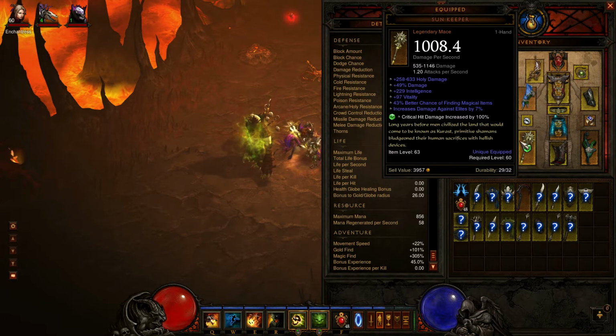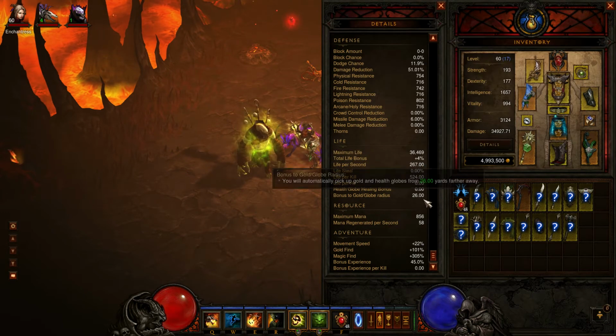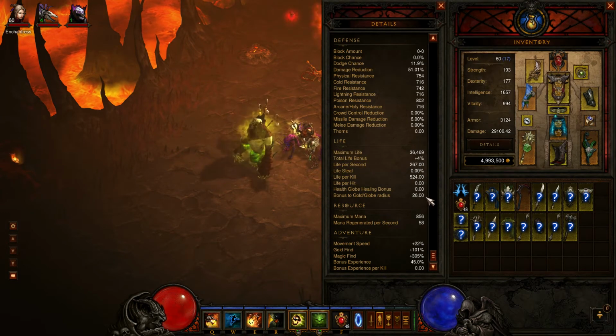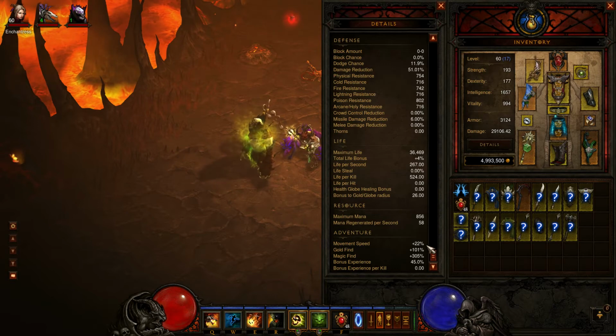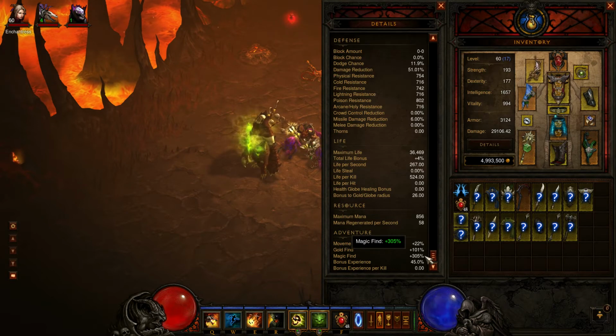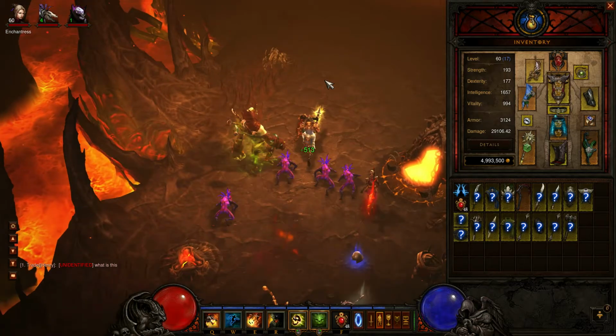I have 30% increased damage to elite monsters and a 4% reduction of damage from elite monsters, as well as 26 pickup radius, and 22% movement speed. On Monster Power 2, I have something like 305% base magic find. So